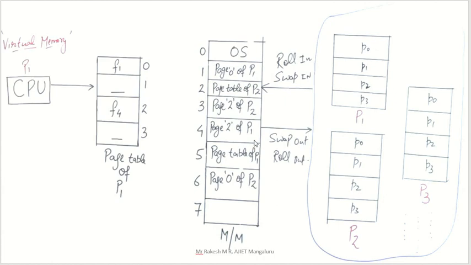Now here we have divided the process into pages. Like that, your main memory we are also going to divide into blocks. Each block is called a frame. Here this is a frame and this is a page. Your process we are dividing into pages, and main memory we are dividing into frames. And many times the size of the main memory is limited.